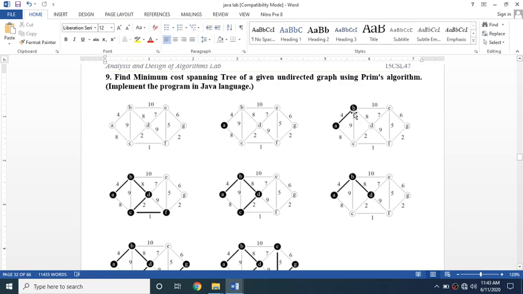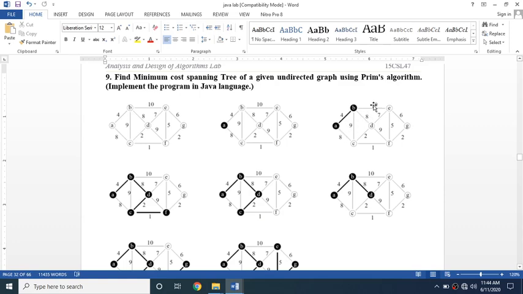For the next step we need to consider all the edges which are adjacent to the explored nodes. Which nodes are explored? A and B. So which edges are adjacent to both A and B? From B to E it is 10, B to D it is 8, B to C it is 9, and A to C is 8.